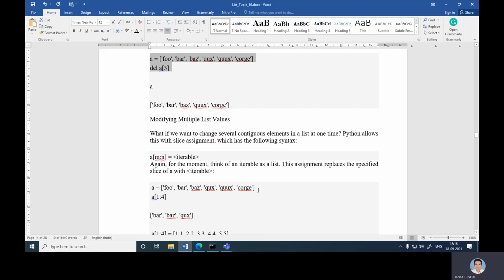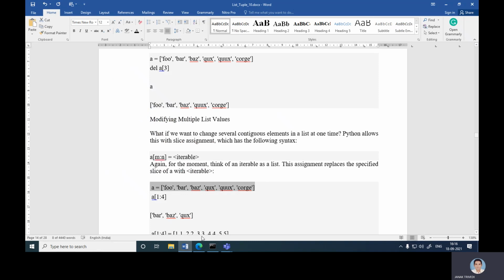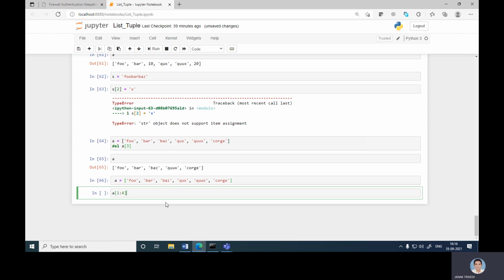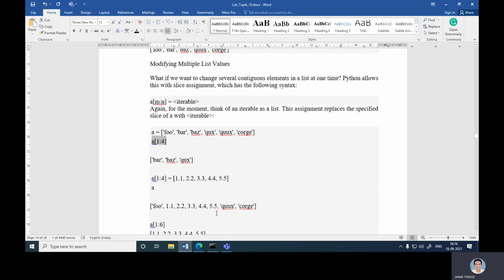Like a is equal to the same: foo, bar, baz, qux, quux, corge. Then a[1:4] is bar to qux. Okay, 4 is not included. That's right. Now we change the 1 to 4 values to 1.1, 2.2, 3.3, 4.4, and 5.5.